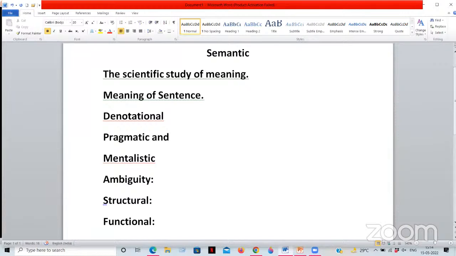But in this class, we are basically going to deal with grammar and the grammatical parts of a sentence, like parts of speech such as verbs, then tense, modality, and some other things. So I will ask you a few questions. If you don't know, please respond that you don't know. Otherwise, please give some response. So have you ever gone through the word ambiguity? What do you understand by the word ambiguity?